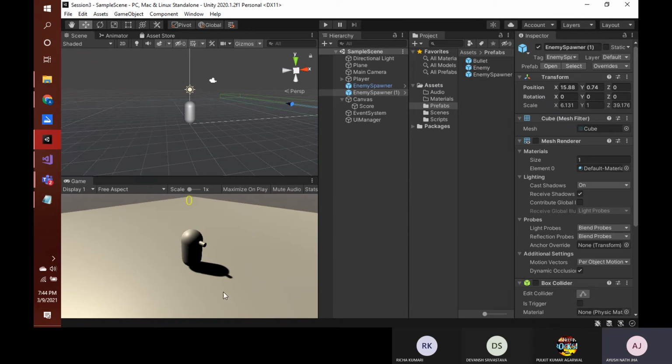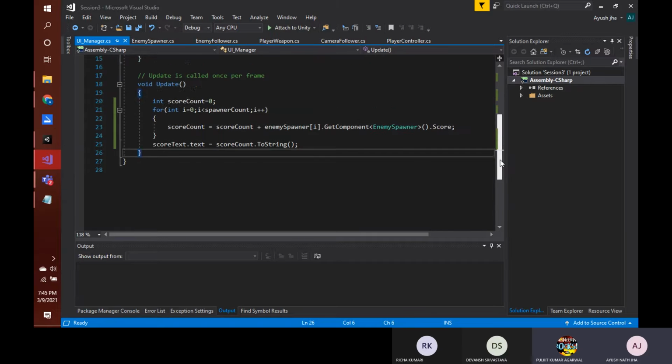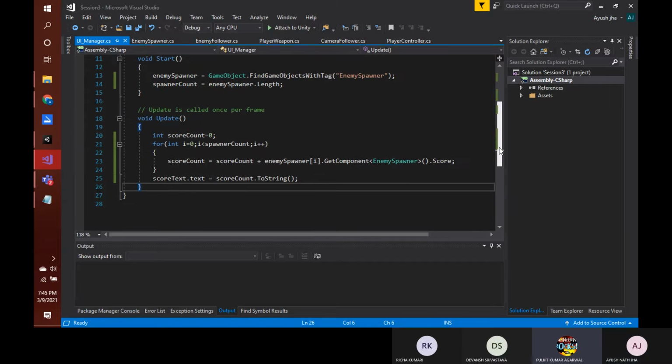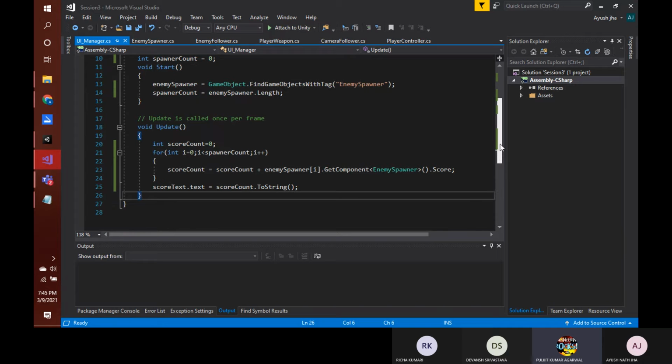So have you understood how it all works? Yes, yes, yes. When we will add this score from enemy spawner, then will it not increase like